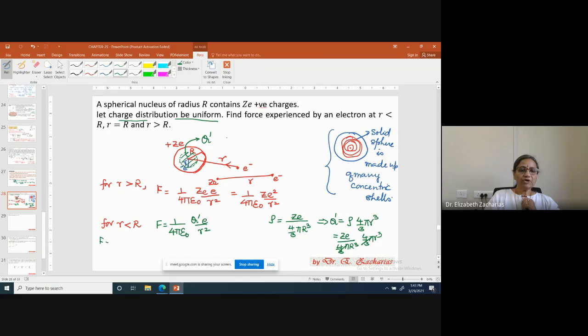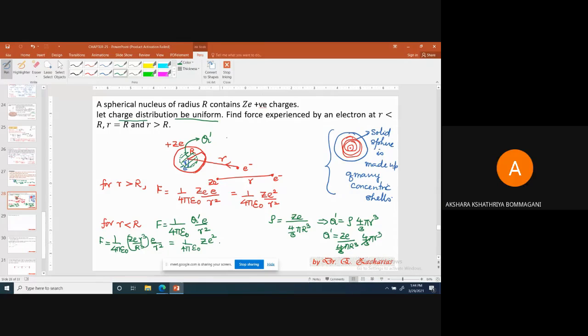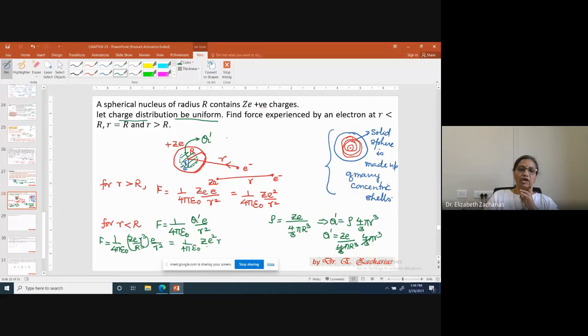Therefore, F becomes equal to 1 by 4 pi epsilon naught. So instead of Q prime, what do I write? I write ZD r cube by capital R cube. So that is the charge Q prime. Then I put E divided by r square. So simplify it and tell me what it will become. 1 by 4 pi epsilon naught into Z E square, then r divided by R cube. r by small r divided by